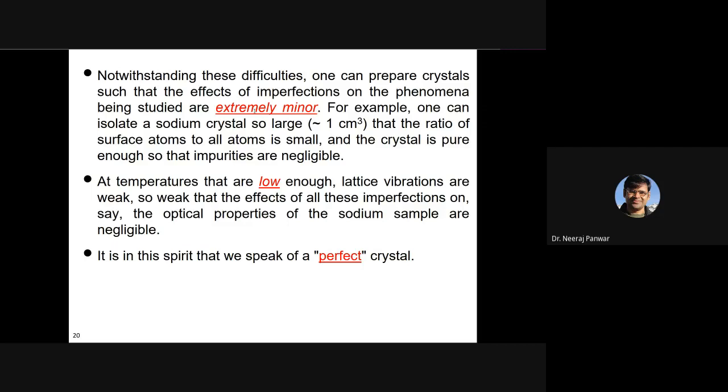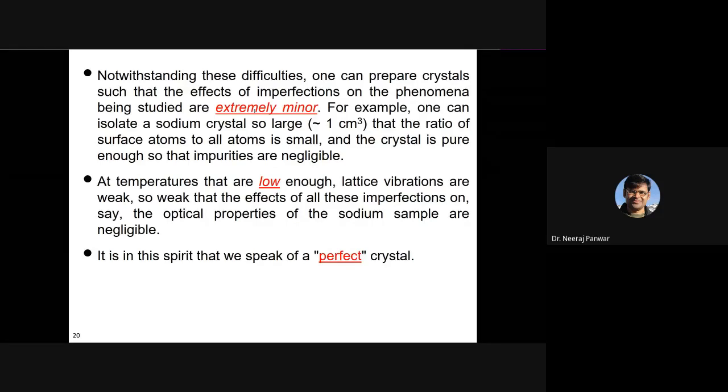For example, if we are measuring the resistivity of a crystal as a function of temperature, say we take copper and want to measure how its resistivity or conductivity varies as a function of temperature. If copper is very pure, then at T equal to 0 Kelvin its resistivity should become 0, or conductivity should become infinite. But because there are impurities in it, we will have a resistivity known as the residual resistivity at T equal to 0 Kelvin.